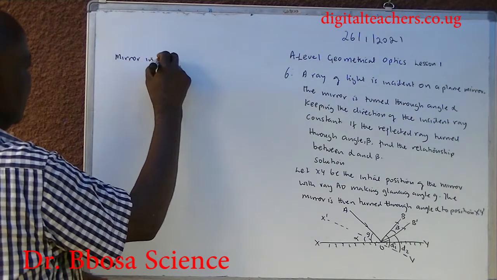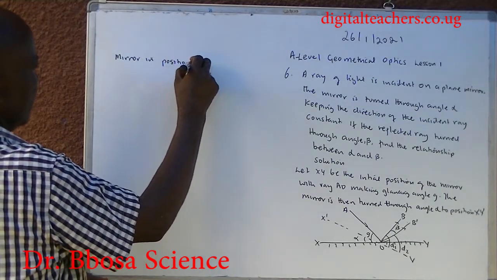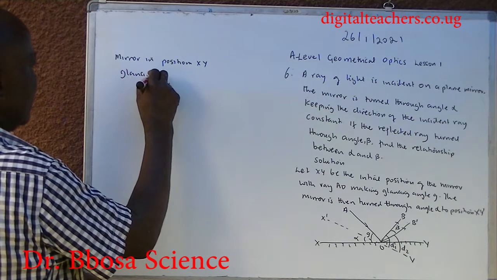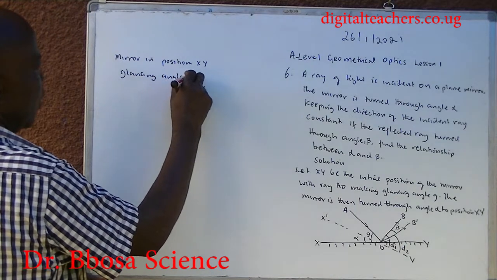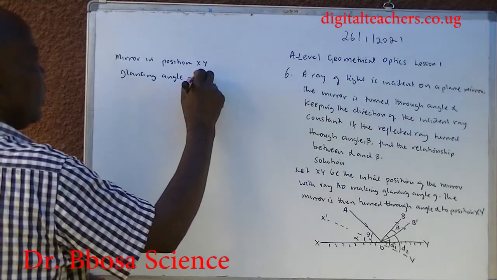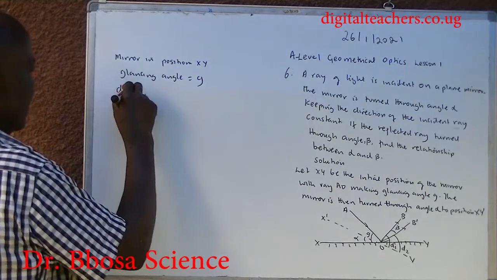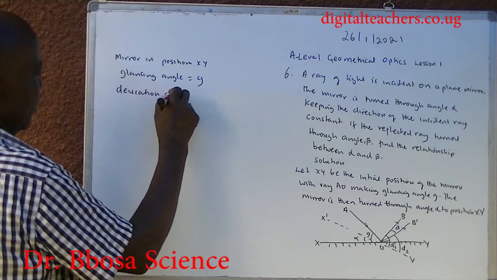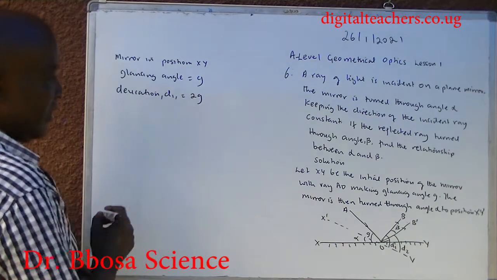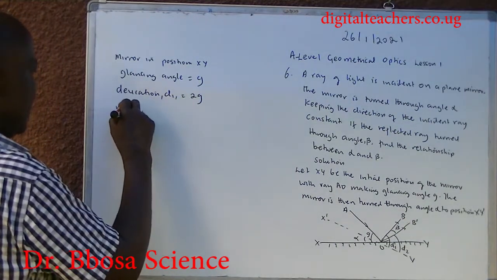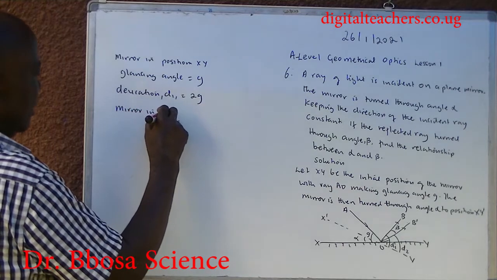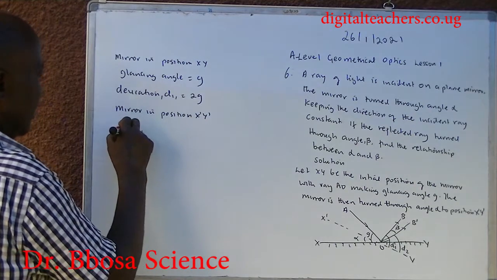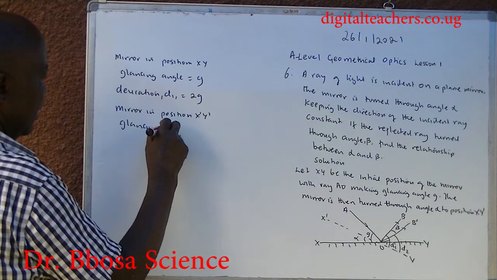Mirror in position XY, glancing angle is equal to G. Deviation D1 is equal to 2 G. Mirror in position X dash, Y dash, glancing